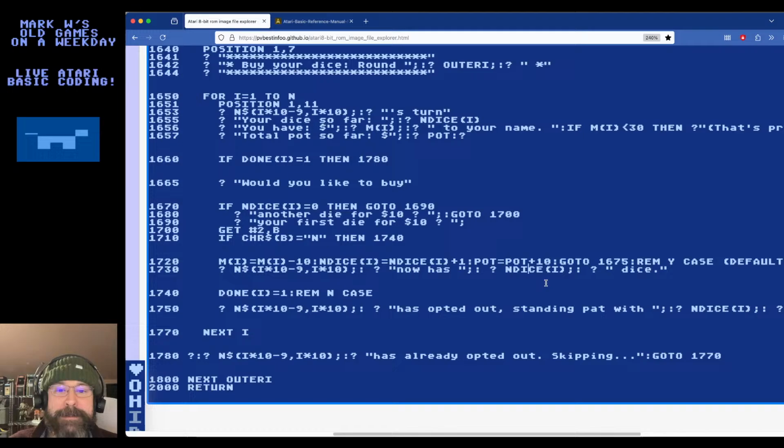Right, let me think about this. I guess I'll just try that. I'll try removing that. Well, let's follow along what it does if I remove this. If I remove this, boing, it's going to say current player now has so many dice. And then it's going to say done equals 1. No, that's not right. This is the no case right here. This is when you're done. So it's going to mark you as done when you have either said no, I don't want to buy a die, or that you've reached the maximum, which is 3 currently.